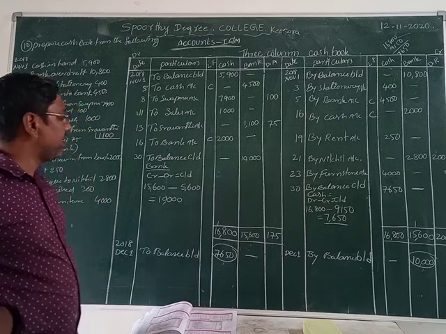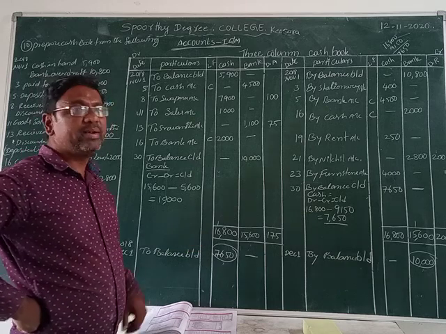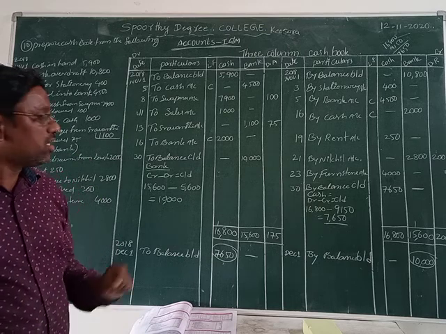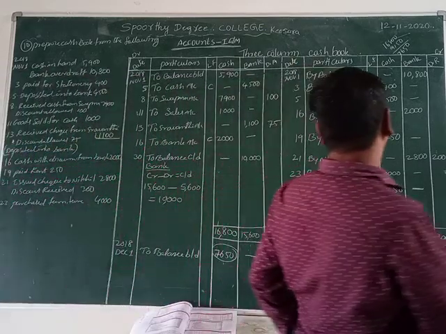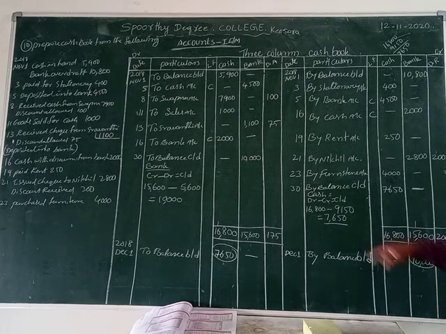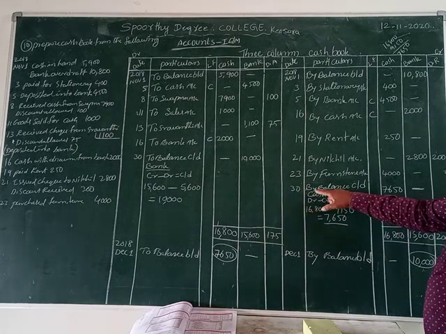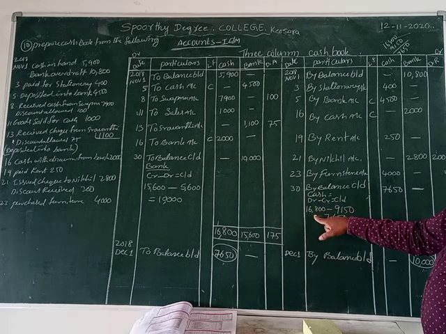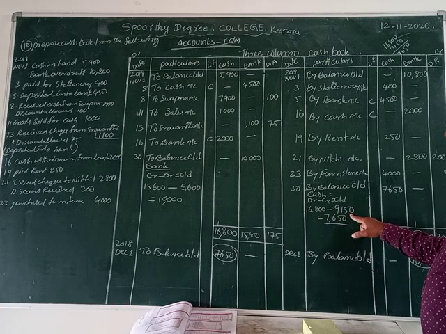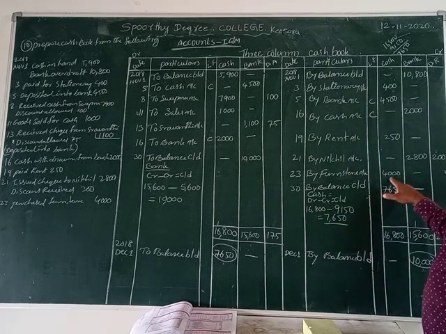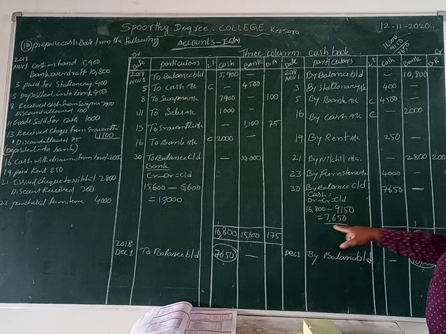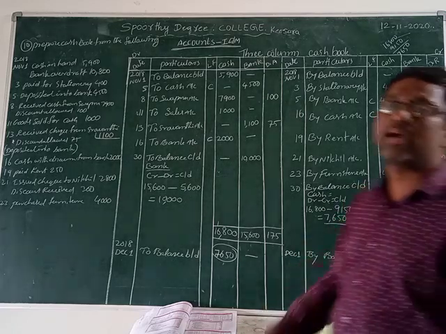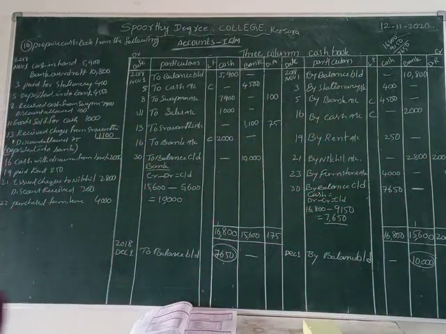Okay now let us see. The cash amount on the debit side is the heavy balance. That amount is 16,800 rupees. So the credit side of cash is the low balance. That's why we make the credit side 30th date by balance carried on. Cash equals debit minus credit. Debit total is 16,800. What is the credit total? This cash credit total is 9,150. What is the remaining balance? 7,650. That is the remaining balance of cash. Cash in our hand is 7,650.